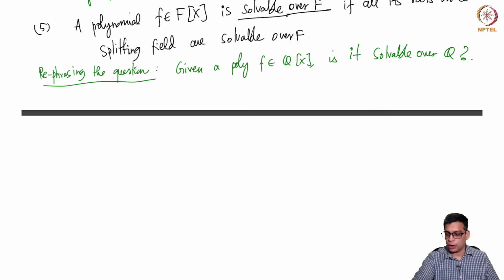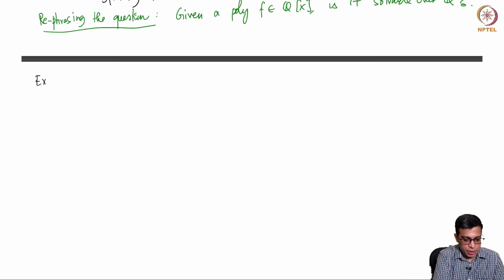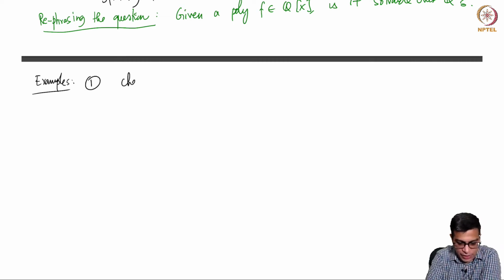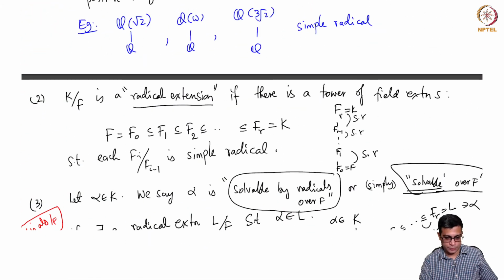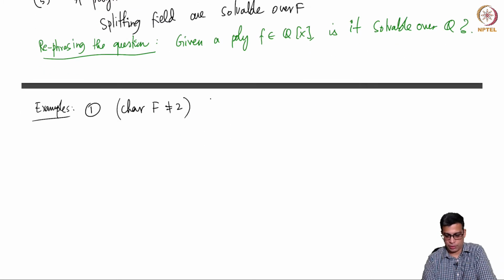Okay. So in order to do that, we need to rephrase radical extension. Before I state that, let me give you examples. So first example: here this is very general. Of course, I am assuming the characteristic of F is 0. So this condition is no condition, but this statement is true for any field provided its characteristic is different from